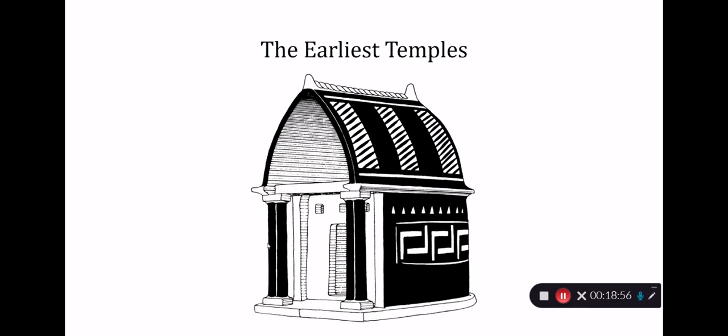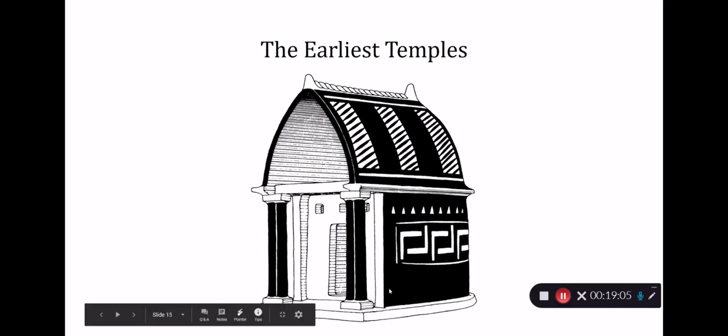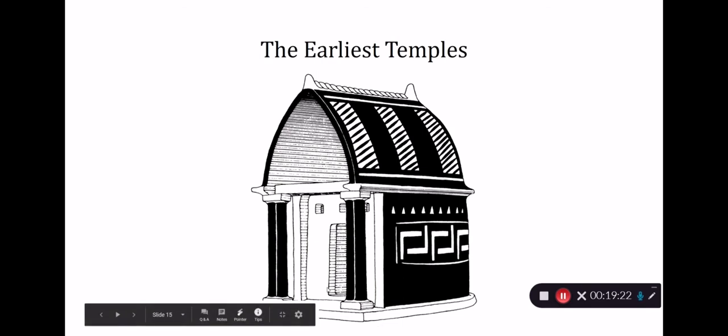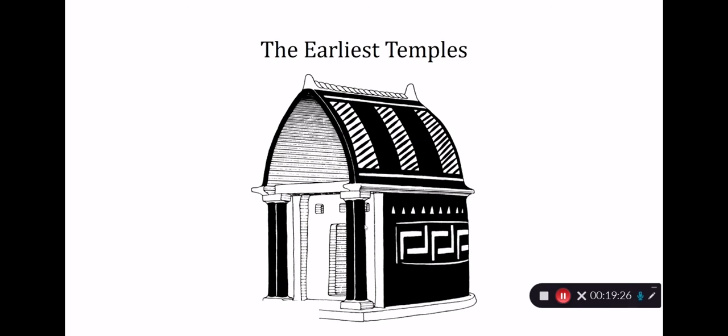Some of the earliest indications of what a temple looked like are actually little clay figurines. I couldn't find pictures of the actual figurines, so I have a line drawing someone did. But this is a little clay figurine. It's a depiction of one that we have found. And it shows a little apsidal building, the little almost gabled roof here, a little curved, and a little porch here with 2 columns. It kind of looks like a Megaron, to be honest. Not the full thing, but a little bit like a Megaron. And probably this is what some early temples looked like. They're just a little chamber where you would keep the god or goddess's statue and any offerings to them,